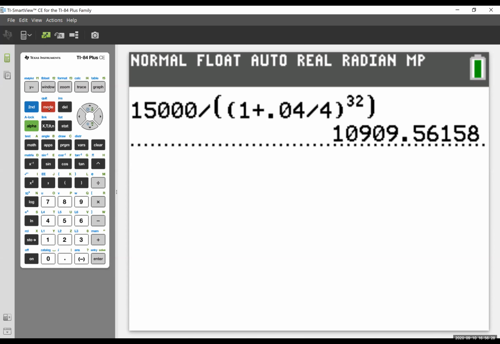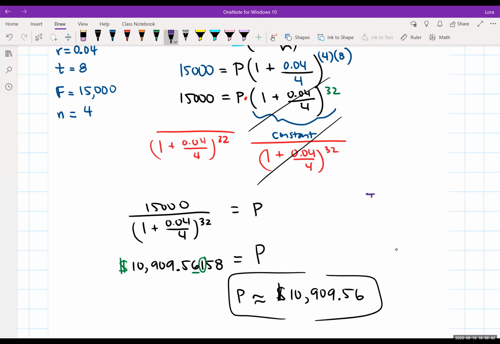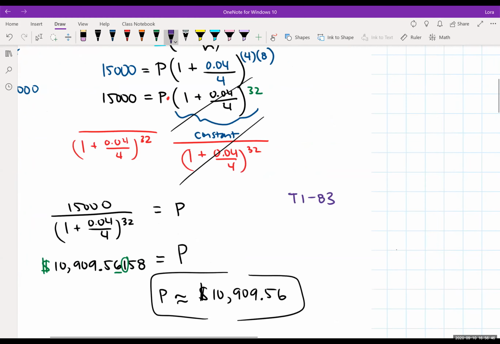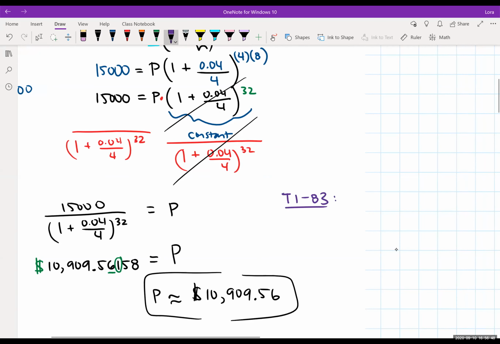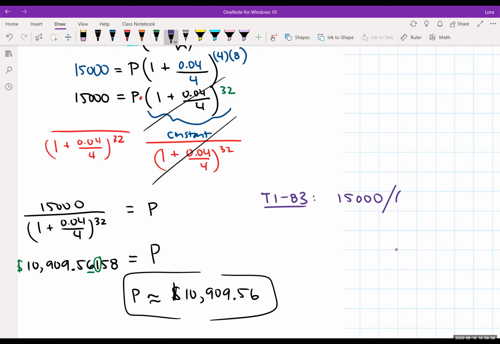So let's look at how we're entering that in the calculator. It's more of using the exponent key, and then it doesn't really show up as an exponent. So a little sidebar there. With your typing in to the calculator, maybe for a TI-83, or sometimes just the 84 that doesn't have the special operating system, we could be typing in 15,000. We would have the division key, and we'd have to keep in mind that there is still that double